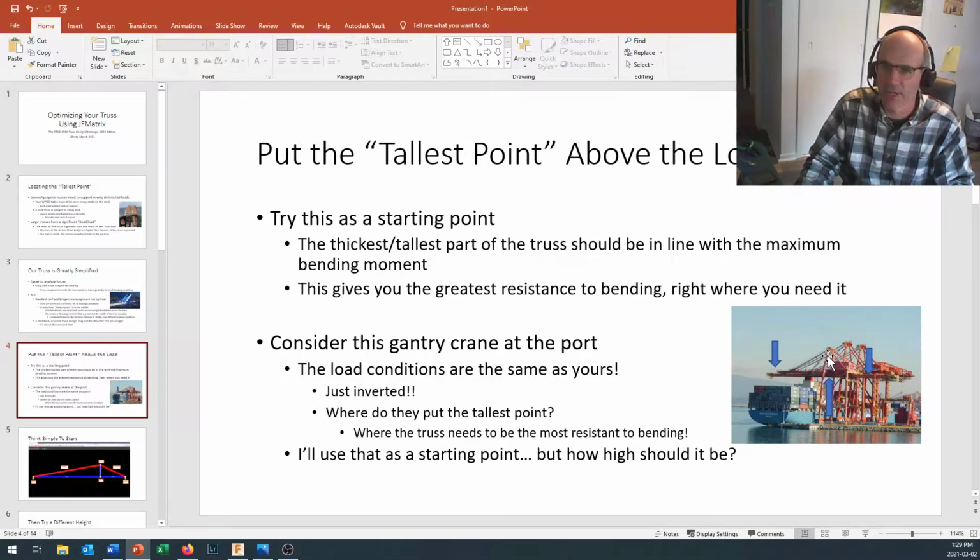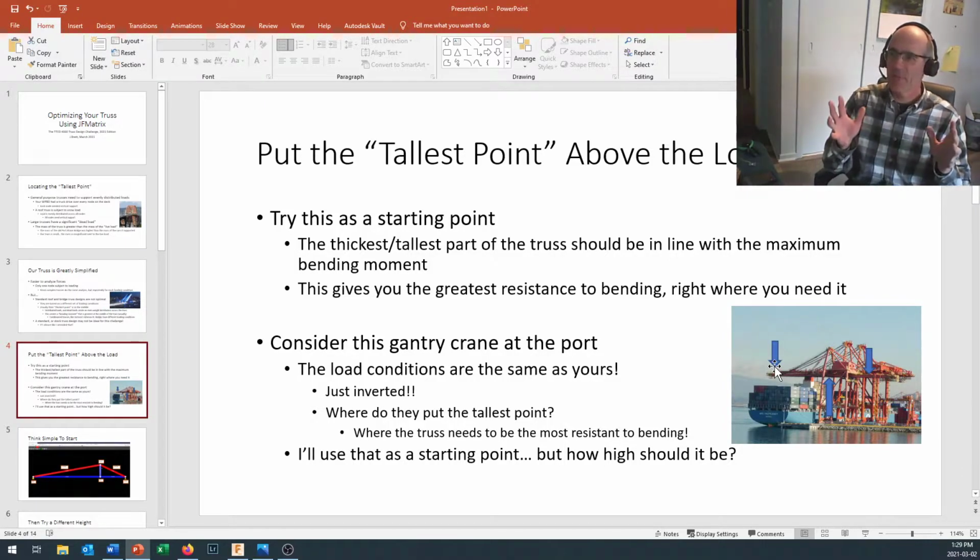So this is being supported up right here. And then we've got a force coming down right over here. Well, if you think about that, that is almost the same as our loading conditions for our truss, except we've got the support point right here and the support point right here. So flip those forces around and now they're pointing upwards. And in the middle right here, instead of having a force pointing upwards, you've got a force pointing downwards right here. So it's basically you're building the top part of a crane for the port, okay, but in the opposite